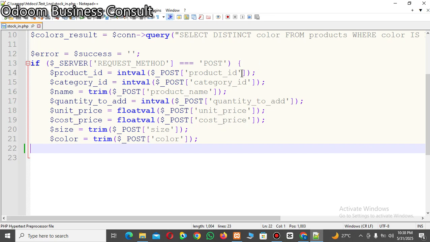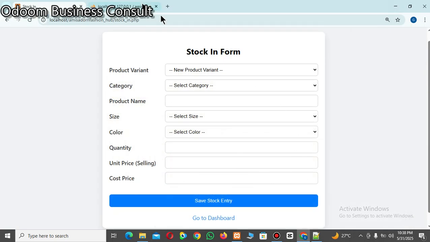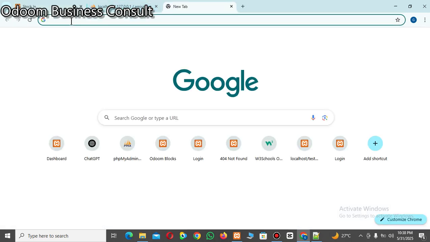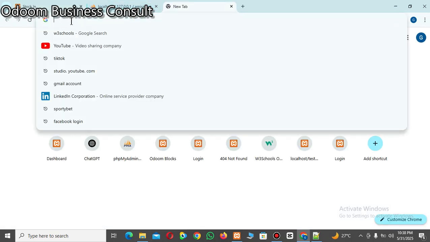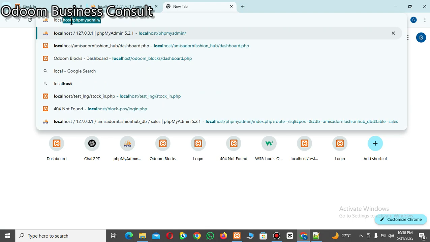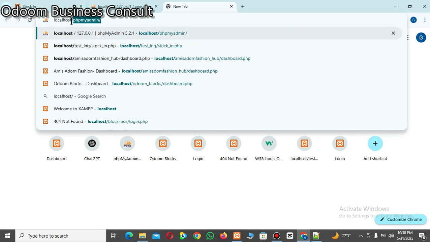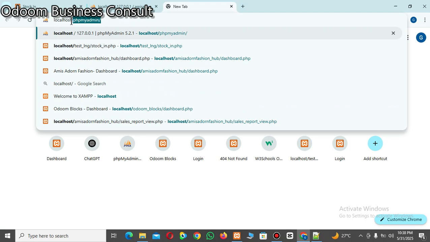We've opened it, and we need to close it, else we are going to get an error message. So we're going to close it and save, Control S. Then I'll open a new tab in my browser. I'll type localhost. The localhost is the server that we are using. Then the directory folder is test